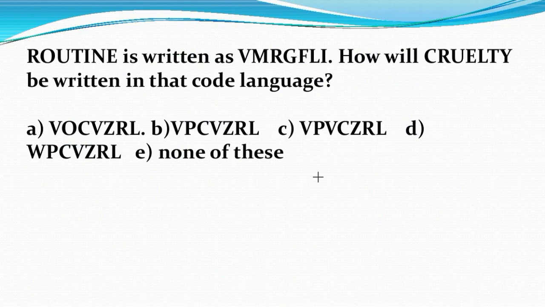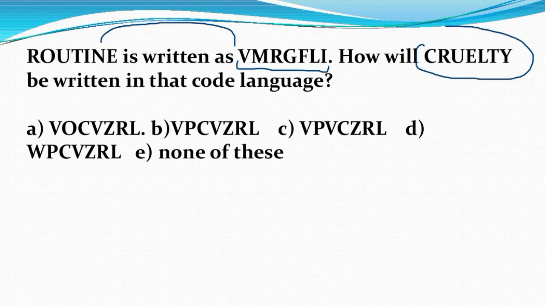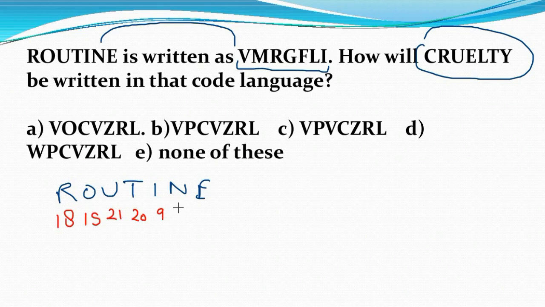Let's start the questions. The first question is: ROUTINE is written as VMRGFLI. How will CRUELTY be written in that code language? First of all, we have to observe the pattern between ROUTINE and this coding, and then we will apply it on CRUELTY. First we write the letters of ROUTINE and their numbers. R is 18, O is 15, U is 21, T is 20, I is 9, N is 14, and E is 5, and the coding is